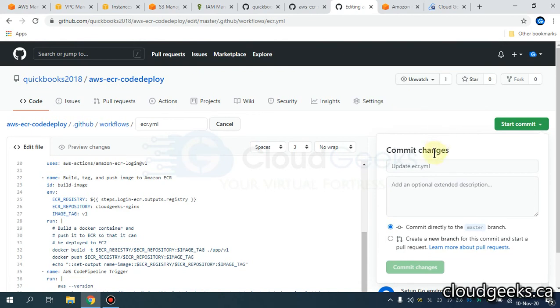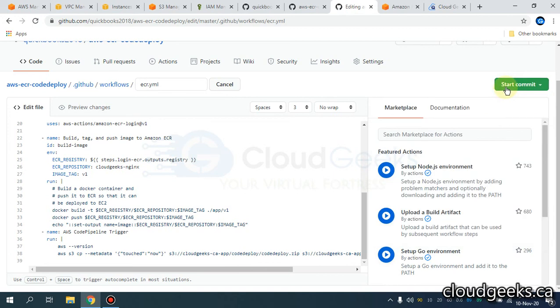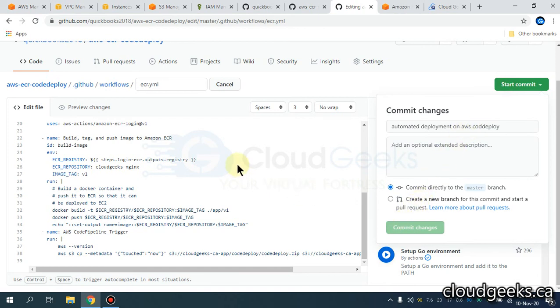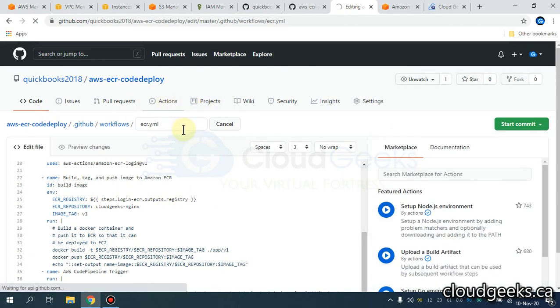So what I'm going to do is to simply make one commit, and I'm going to call this automated deployment on AWS CodeDeploy. Okay, as far as the commit is concerned, if I navigate to the GitHub sections,